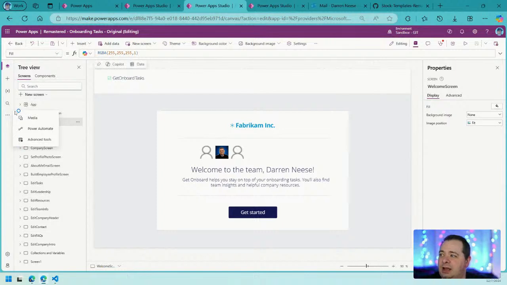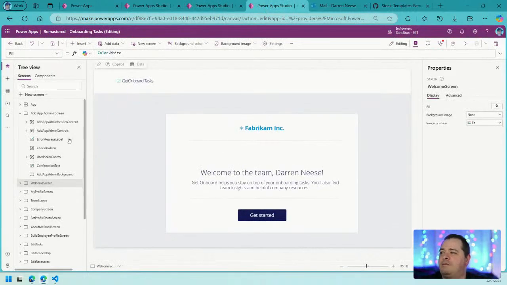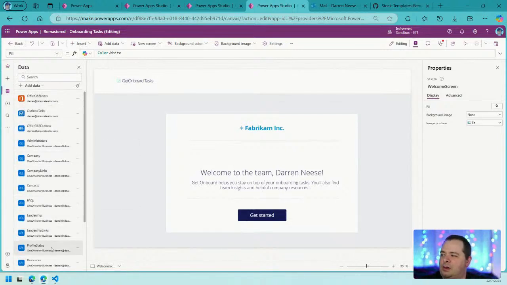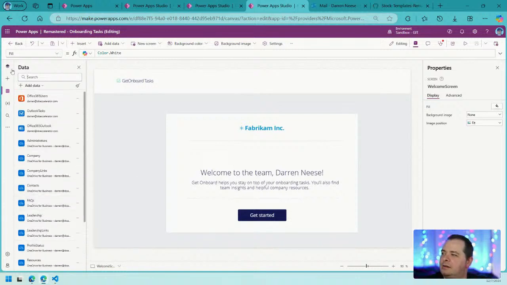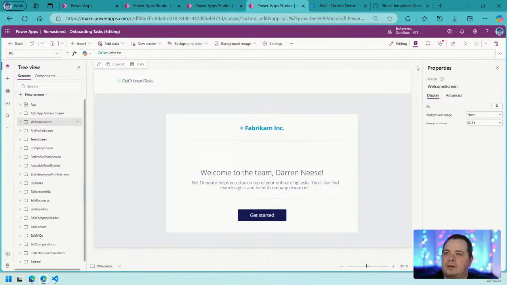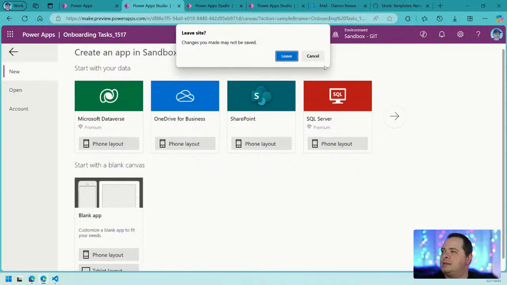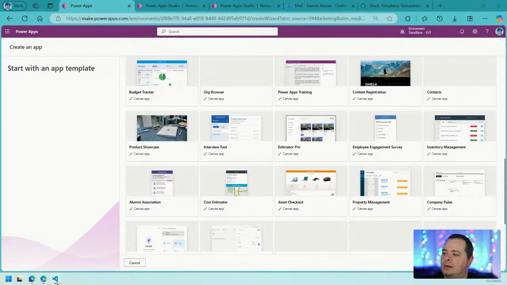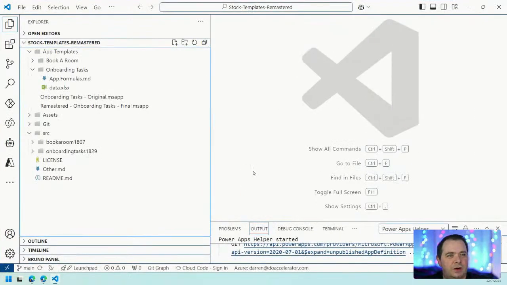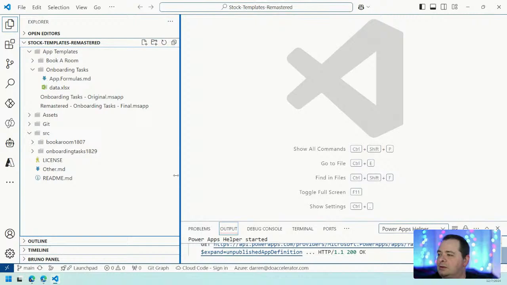Now, what we did yesterday in our workshop is we created a fresh new application, and we have all of these data sources and connectors here. I thought that would be a good idea, is just start with a fresh new application. I'm going to close out of this guy. And so what my plans are is to go through all of these templates and to keep this GitHub repository up to date. So if you guys like the idea of that,